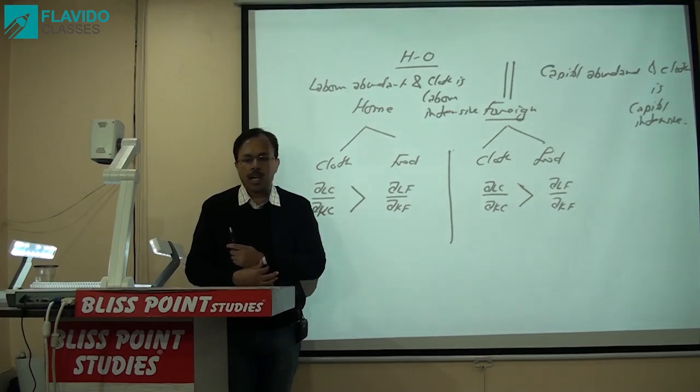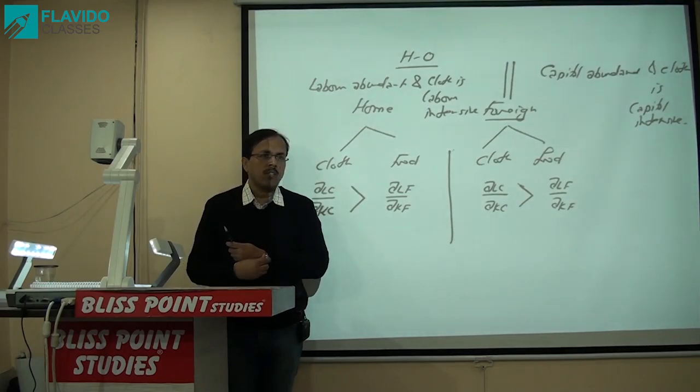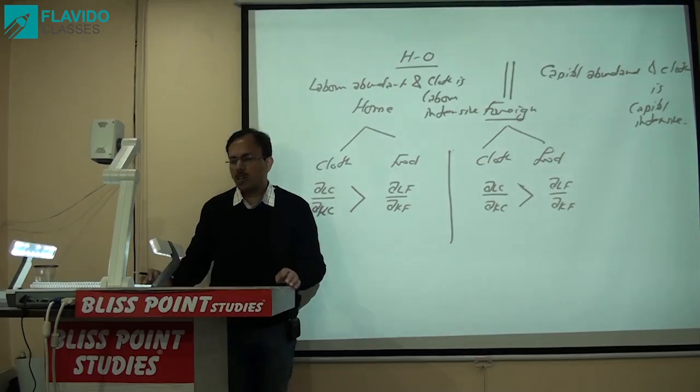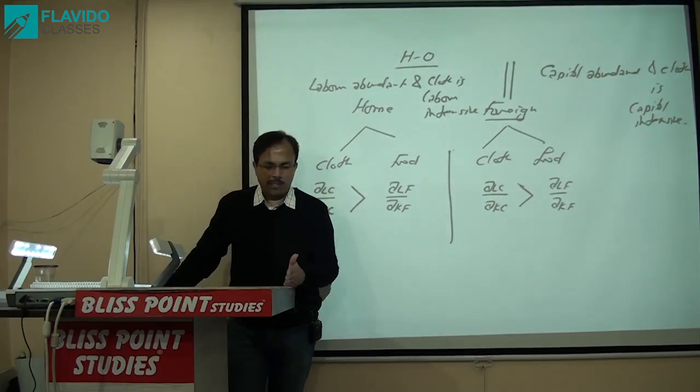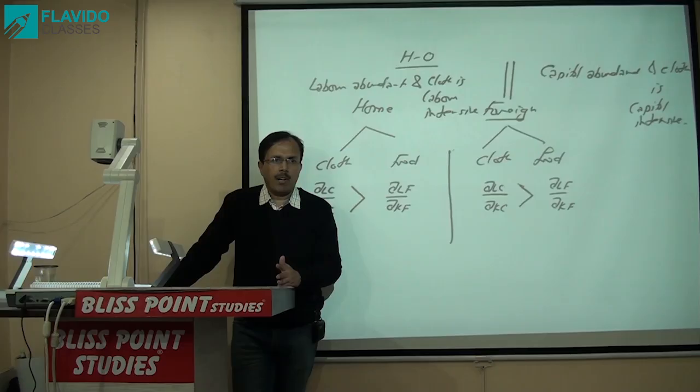And that's what also the idea when you explain that Leontief paradox. Leontief used the data of US for the period 1945 to 1970, and he found that although US is capital abundant, its export is more labor intensive. US was capital abundant, but its export was more labor intensive. And why there was such case? There was such case because